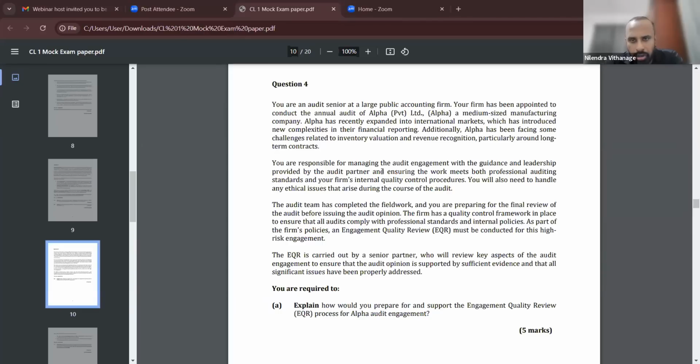Start with proper documentation, summarize your findings, and then come up with your suggestions and answers to the quality review partner's queries. Before the engagement partner signs, get the quality review partner's signature as well. This is called a hot review of work. Before sign off, get the review. Right? So write down, students.